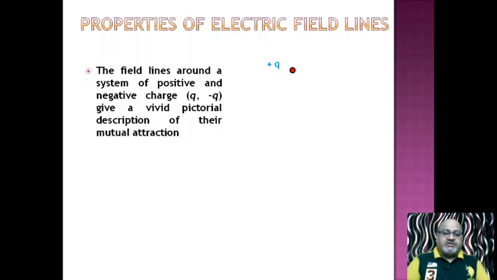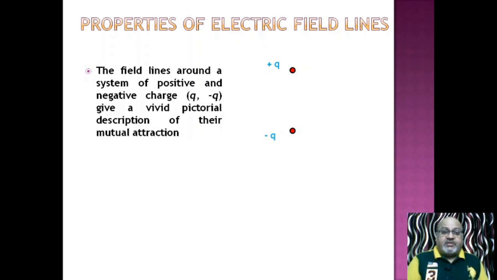This is the positive charge placed at this point, and the negative charge placed at this point. Electric field lines will originate because if I place a positive test charge here, this positive test charge will move towards the negative charge. But see what path the positive test charge adopts. Now this path will not be a straight line. This is sure. In some cases it may appear straight.